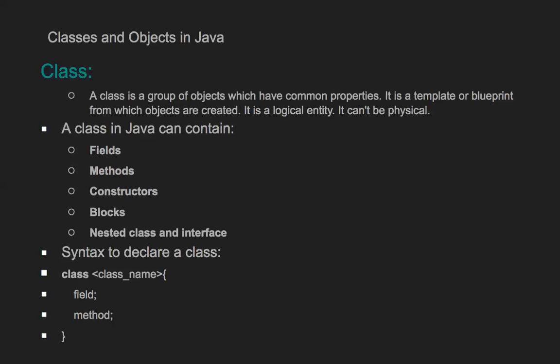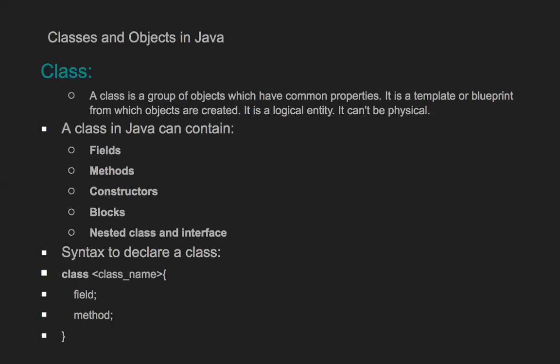So what are the fields of a brother? A brother has two legs and two hands. He is of good nature. He is cool. So these are all the fields. Whenever I have a class Brother, I can have a big brother or a small brother or whatever. We can have different types of brothers in the world. Previously we used to have only small brother and big brother, but these days we call everybody bro. Okay, so that's how a class will be declared.